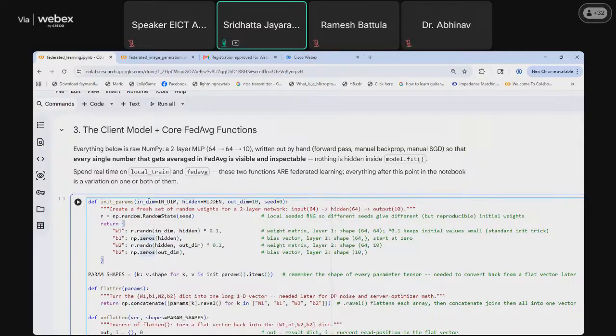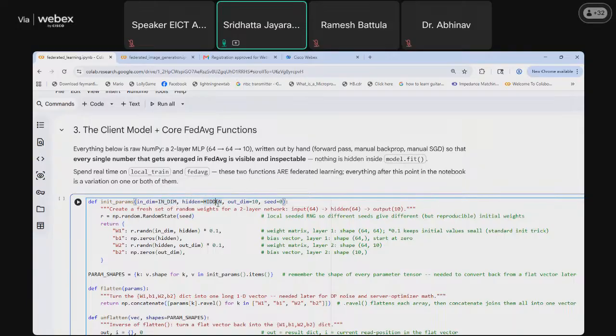And for that, we are going to use this initialize_parameters function, which takes in the input dimension of the model, or the input we are giving. Since it's 8 cross 8, it will be 64 dimension.